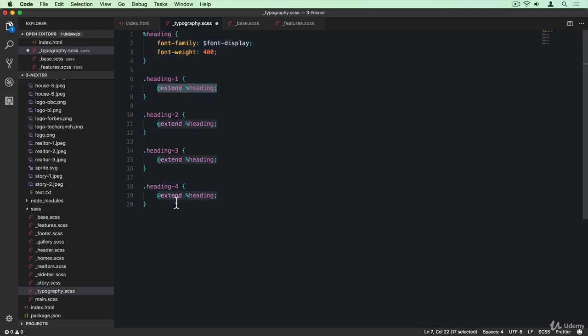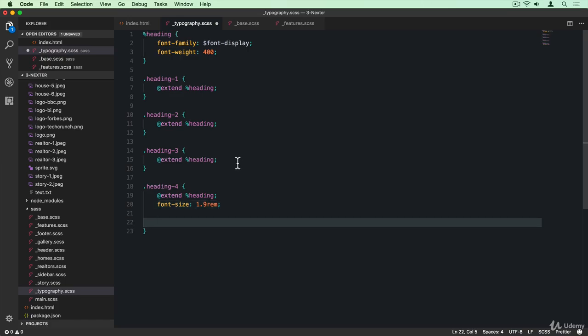And with an extend, it works the other way around. So basically, these selectors are copied into a huge selector, which then makes this code here apply to all of them, right? So anyway, we were talking about the heading 4, and here the font size, we want it to be 1.9 rem. Now remember that I told you that we want to use this heading 4 in different situations